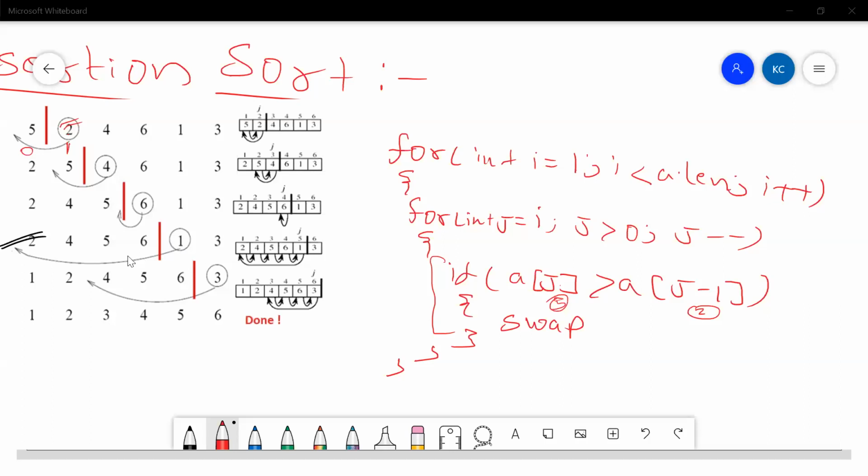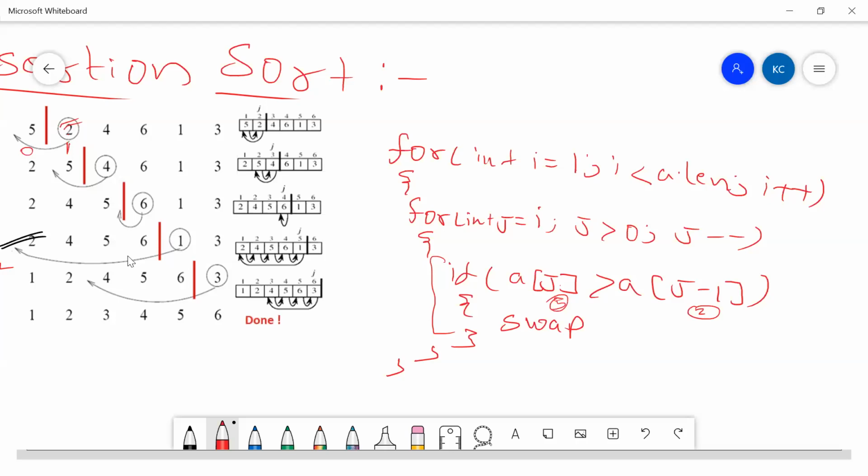If you take this example, guys, what I did in my first loop is I tried to move forward. This is how I came forward in my first loop. And in my second loop, I tried to compare this 1 with every possible element towards my left. This is what I tried to do. So it means in my first loop, I'm trying to move forward.